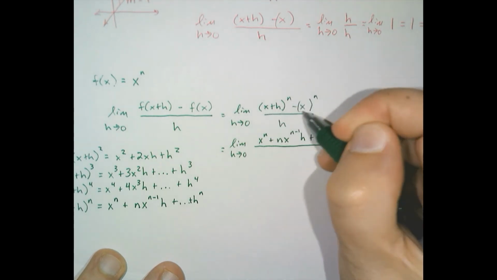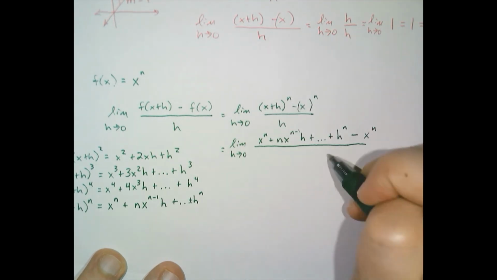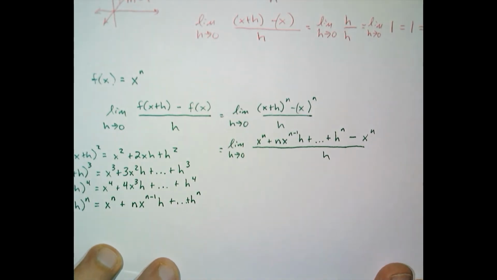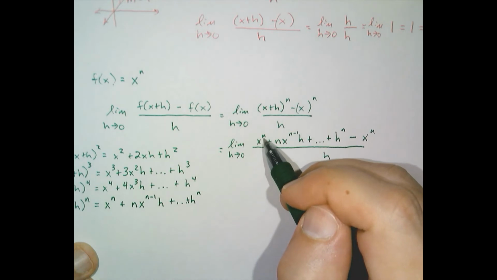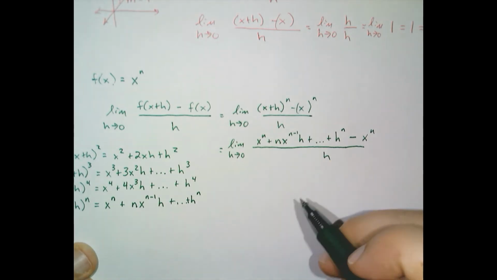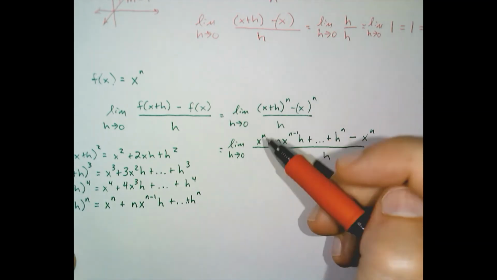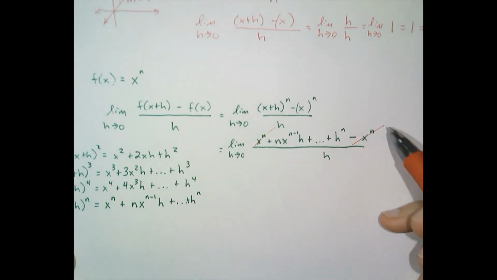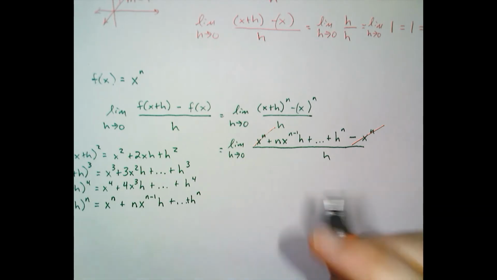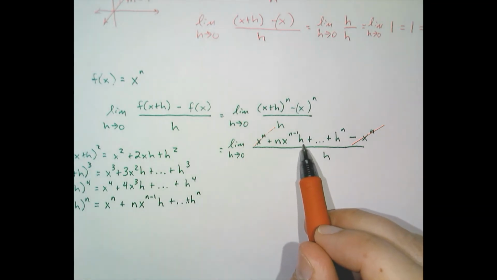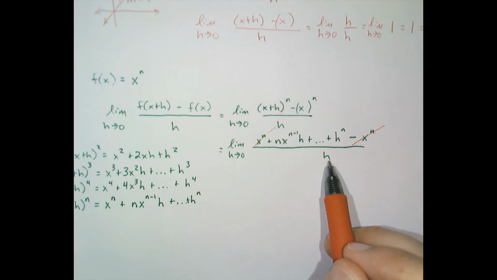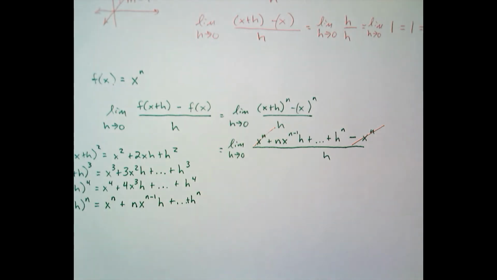Subtract f of x, which is x to the n, over h. Now, the reason I didn't write out all of these is because it varies based on what the n value is. But you'll notice that x to the n cancels with that x to the n. Furthermore, there is now an h in every single one of these terms. So if I were to factor that h out,